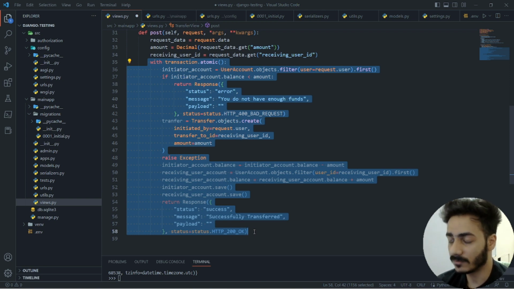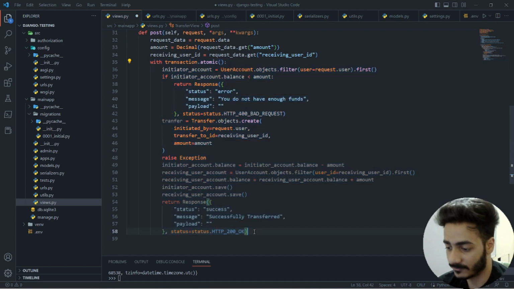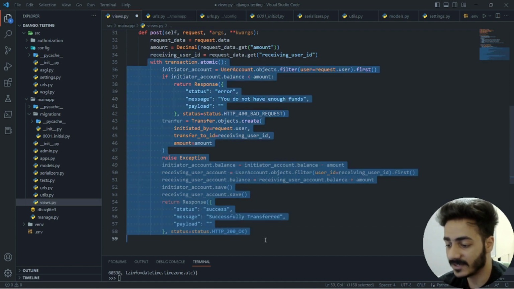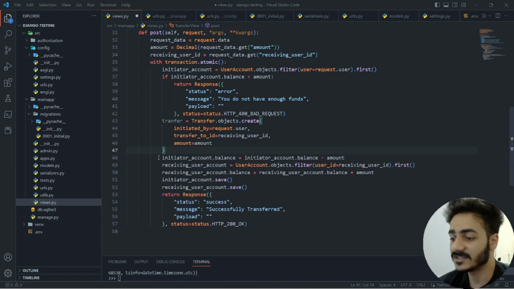to DB. Okay, it will be stored in memory, which is a temporary storage, but all these changes that we are performing inside this transaction block will reflect in actual non-volatile memory, which is permanent storage, only after this whole transaction block has been successfully executed. So the changes will be committed to DB only after the full block has been executed. Okay, so that is the beauty of this transaction block. So this is how we can actually